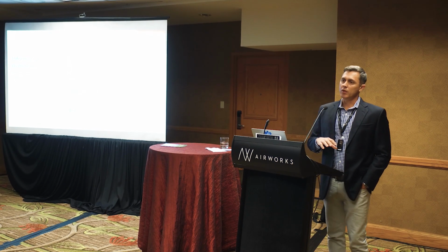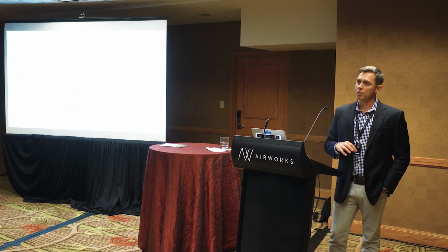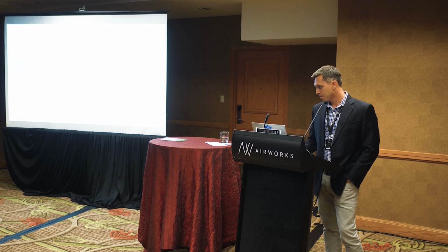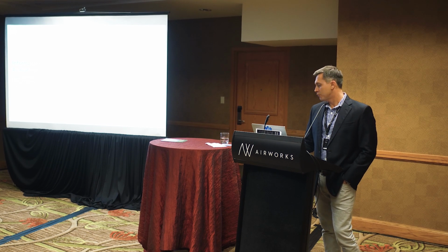Once you get to that point, now you can start processing data on relatively low-powered processors, doing it in the field and doing it anywhere. And that makes the whole system scalable. If you want to go survey 10,000 hectares in the Philippines, you can do that relatively easily. Just to summarize on this point here,